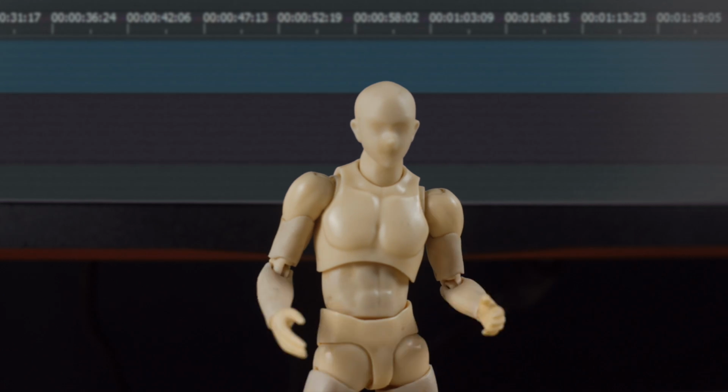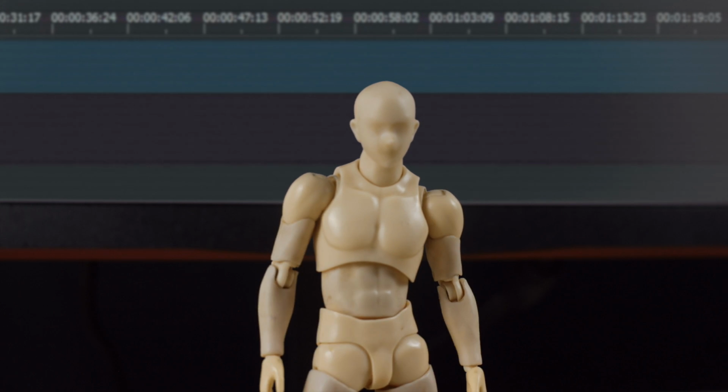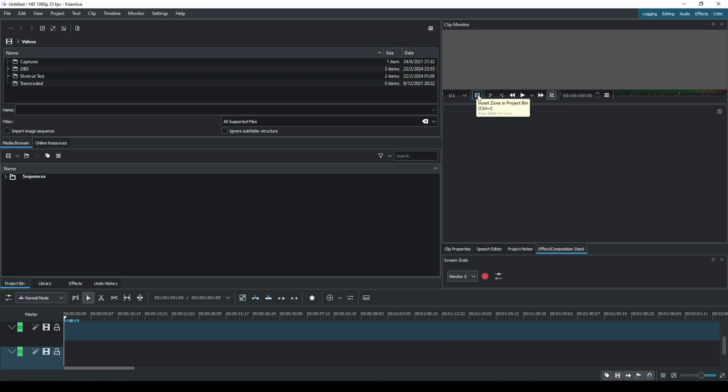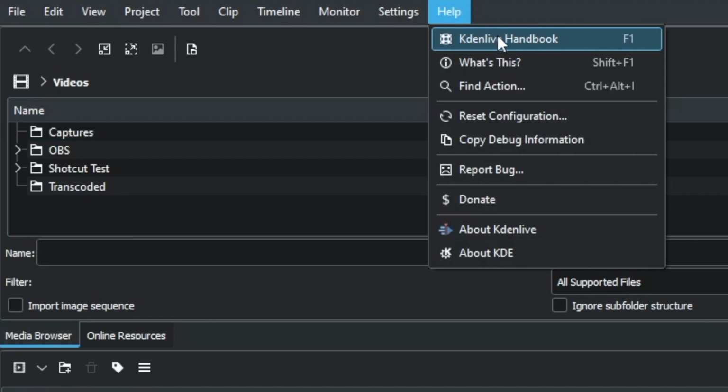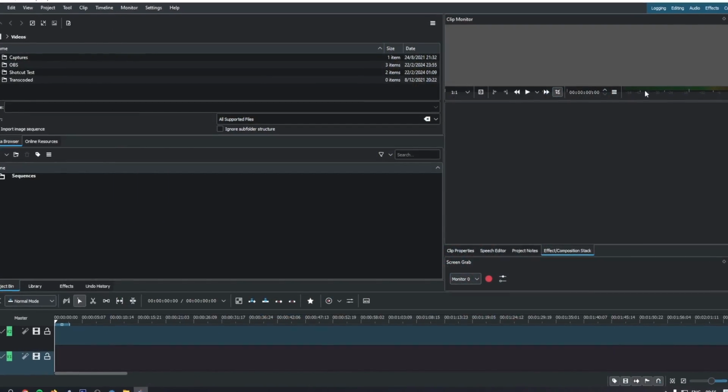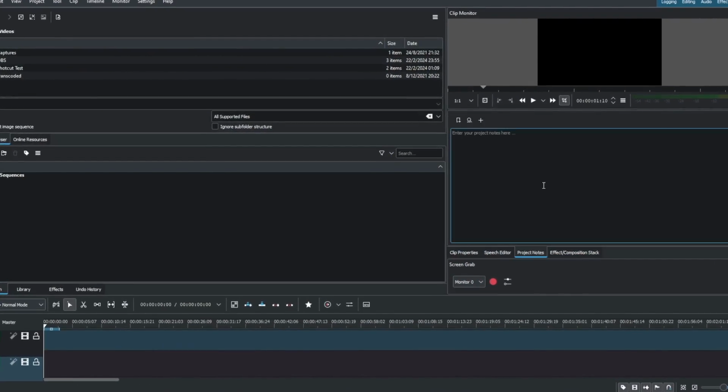Now I have to say that I struggled with the interface when approaching it blind without looking at any tutorial or guides about KDENLIVE. You know that Jeff Bridges meme where he is not sure what he's looking at? That basically sums up my first impression. And to be fair, there is a handbook if you're old school, but I'm someone who prefers to learn by trial and error. Despite that, if you're willing to stick with it, you'll find that it's a capable video editing